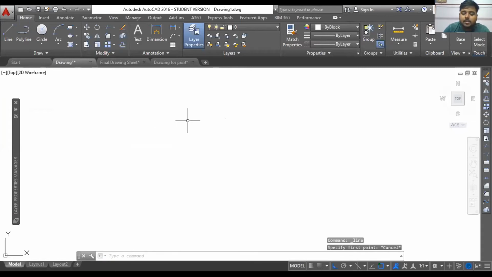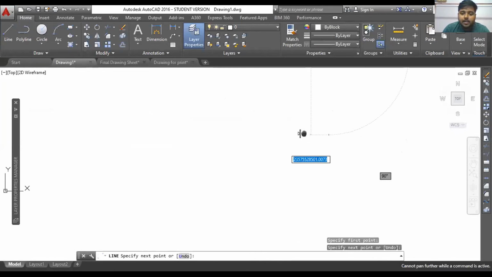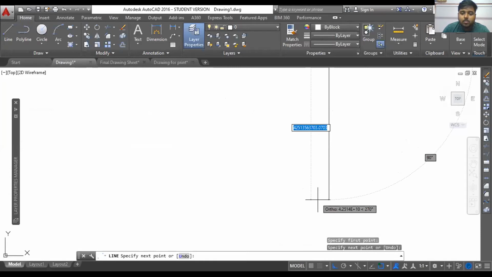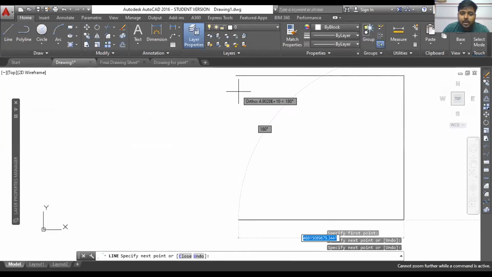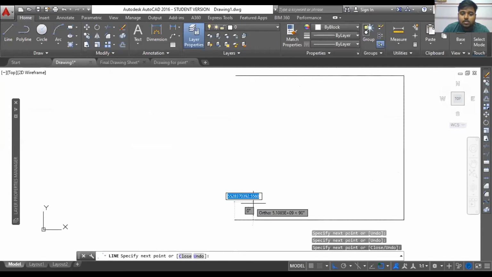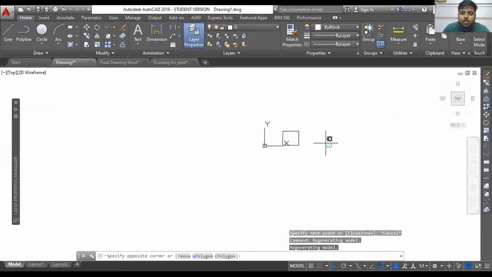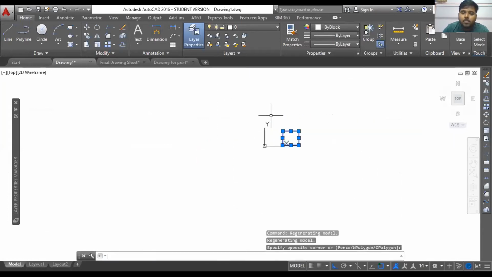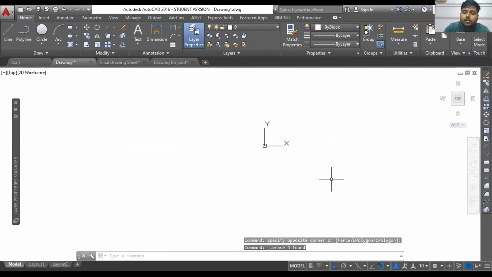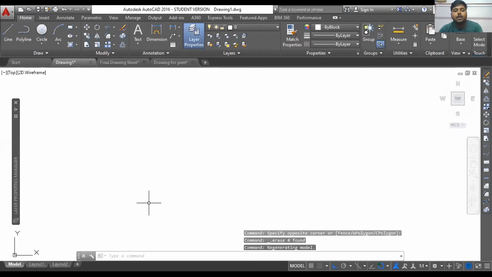The line command is the very basic command, and this is the ortho option which you should keep on, because if you want to draw in a specific 90-degree direction and maintain all those directions, you should do this. This is the very basic and first command you'll learn in AutoCAD.